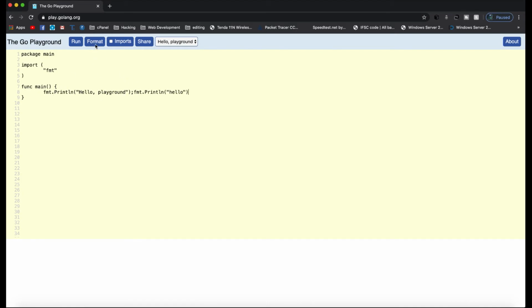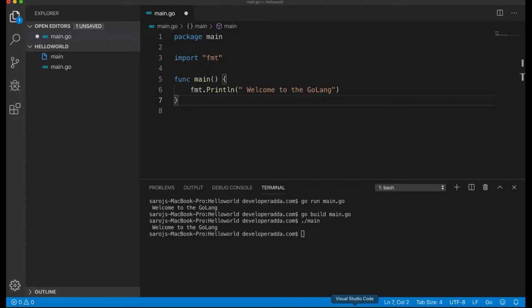Now I need to format this code. When I click on format, Go automatically formats the code. So go format automatically formats all the code in each file in the current directory. So guys, we learned go run, go build and go format.